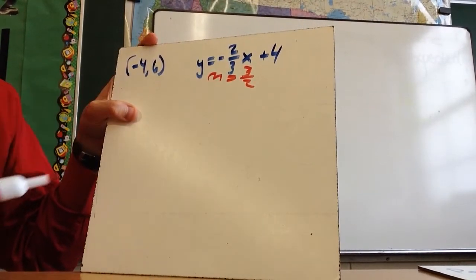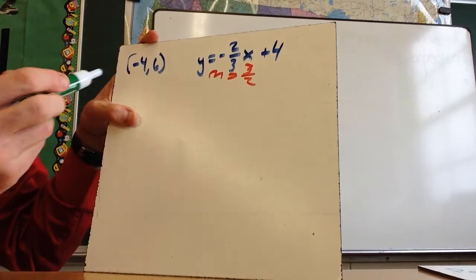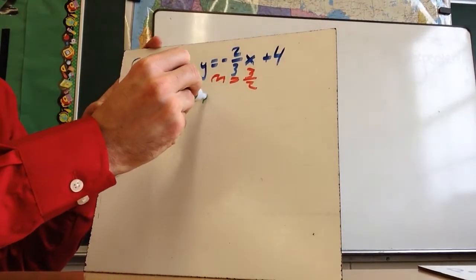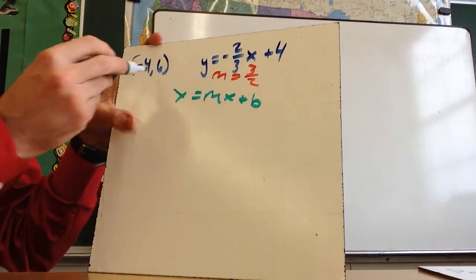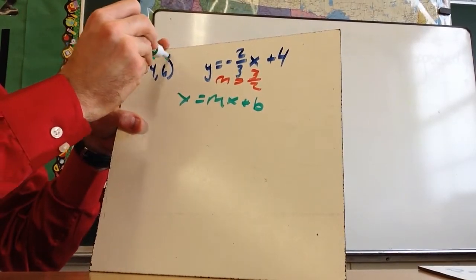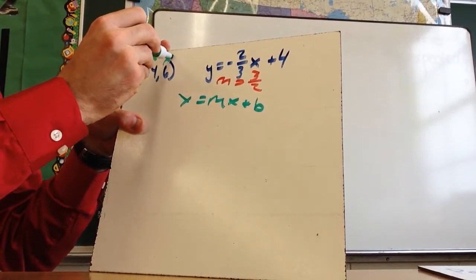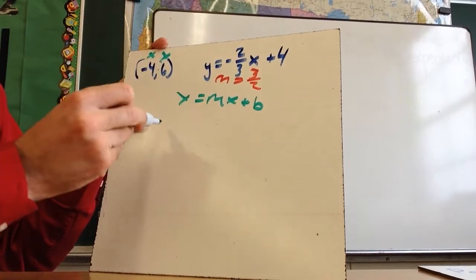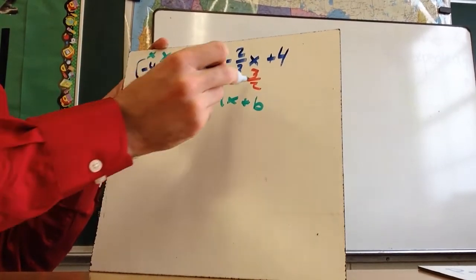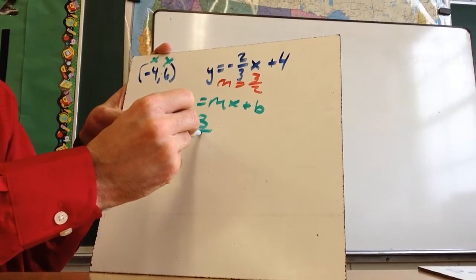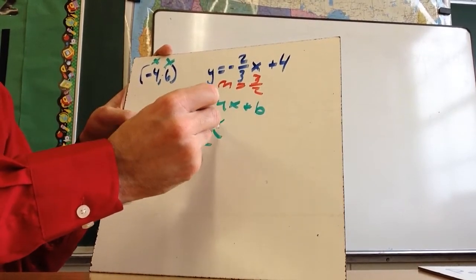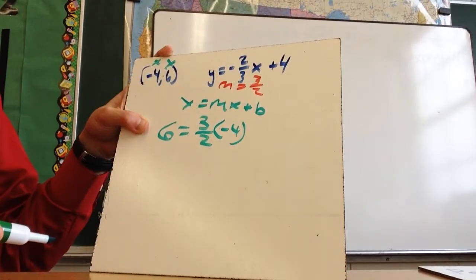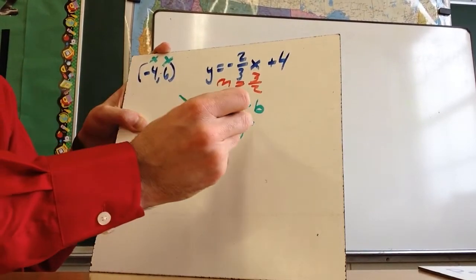So then I'm going to use y equals mx plus b. And I'm going to substitute in from y equals mx plus b, I'm going to need to find b. So y, remember this is x and this is y. So I'm going to take this 6, put it in for y. Take this 3/2, I'm going to put it in for m. I'm going to take this negative 4, I'm going to put it in for x, and then I need to